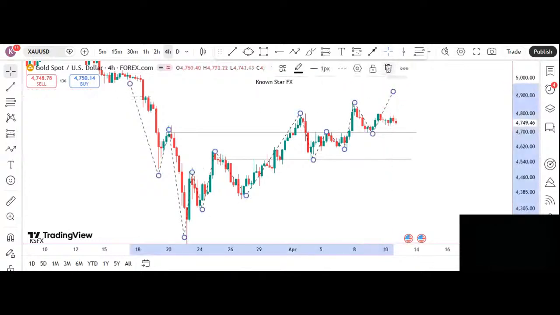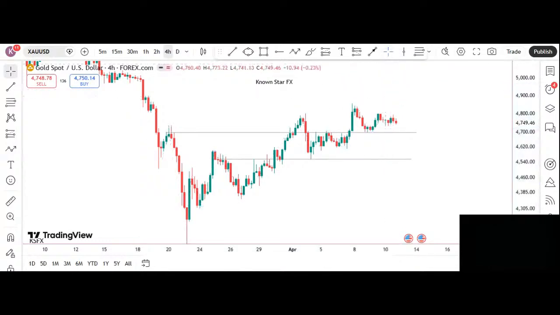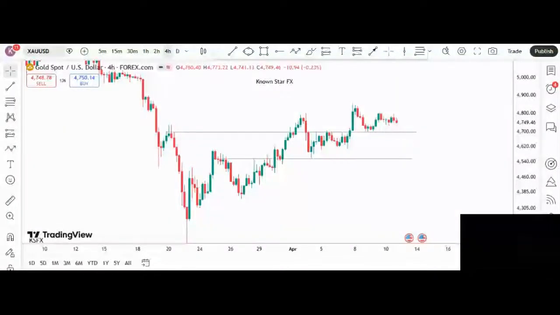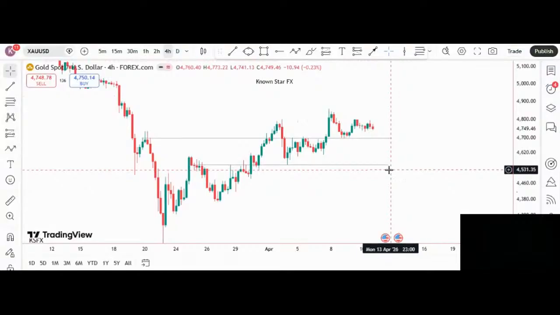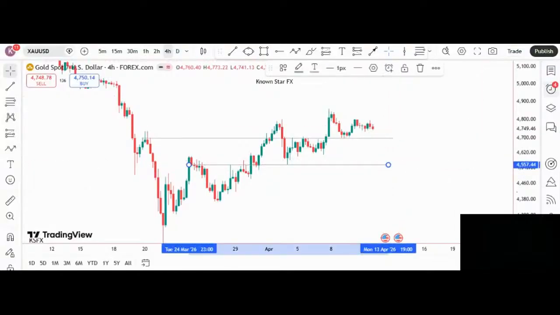But now looking at this structure, what are we basically going to focus our attention on? What are we expected to focus on with this print that we have right here? Looking at this print, we basically have two things, right? For this market to become bearish, sellers have to come below what? Sellers have to come below